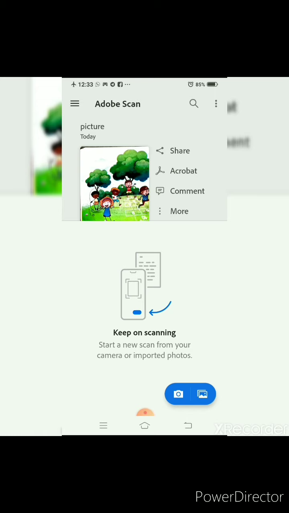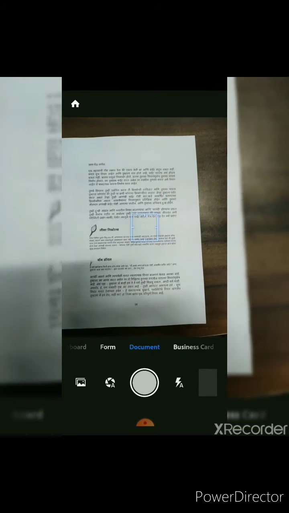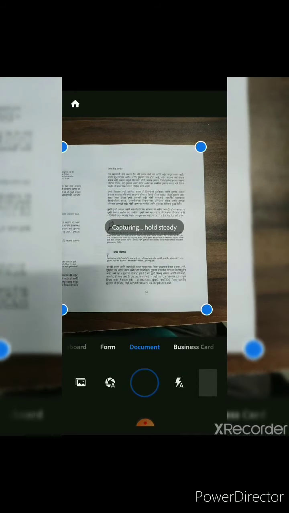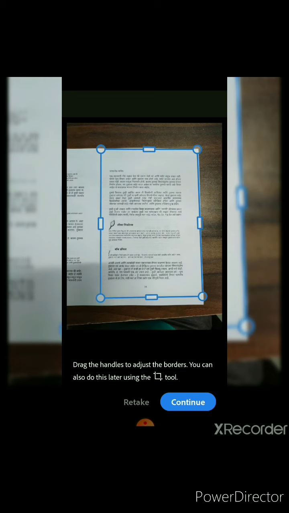Now let's click on the camera. Here you can see the corners, and the image is already captured automatically. So now the border is given. If you want to crop the image, then hold and slide the edges of the page, and you can adjust the corners like this also.